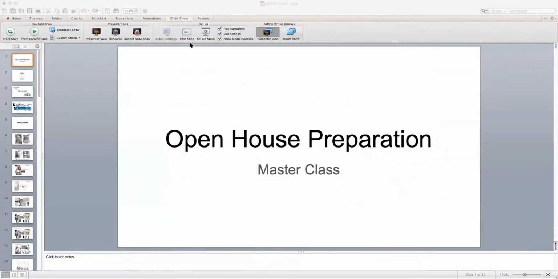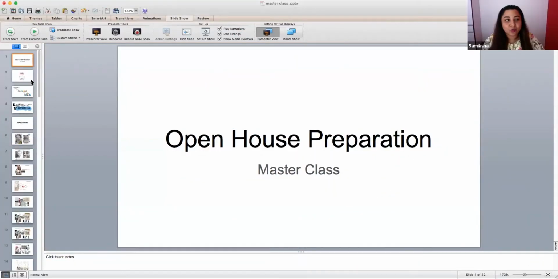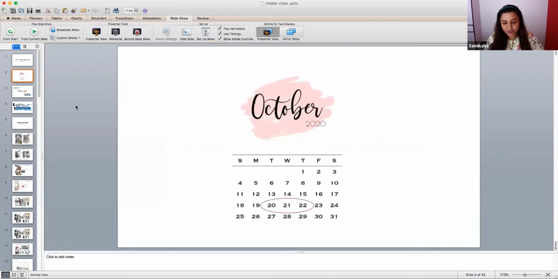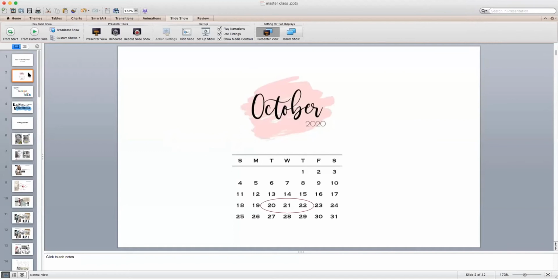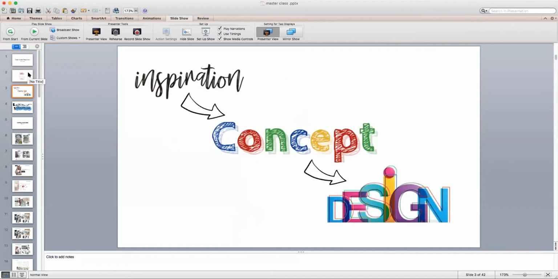Hi everyone. So as you know, we have our open house next week, and today I'm going to help you in organizing your entire layout. Today I will give you an idea about how to give a layout to your work. The basic thing you need to do is transfer your inspiration to your design, and your concept to your design.